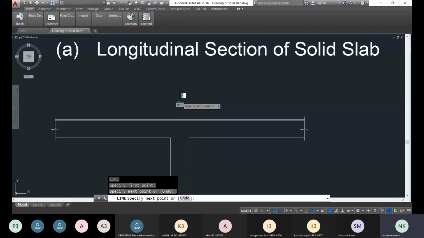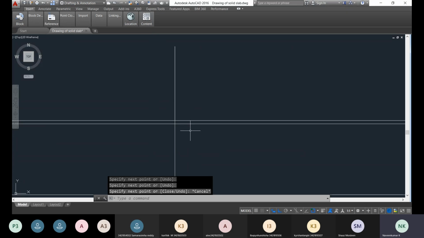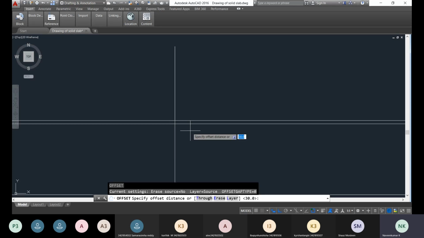So this is the mid span, so you draw the reference line here. From the reference line, on either side you just offset. What offset distance will you choose? As of now, we will be choosing 650 as the offset distance to provide the reinforcement. O, enter, 650, enter.